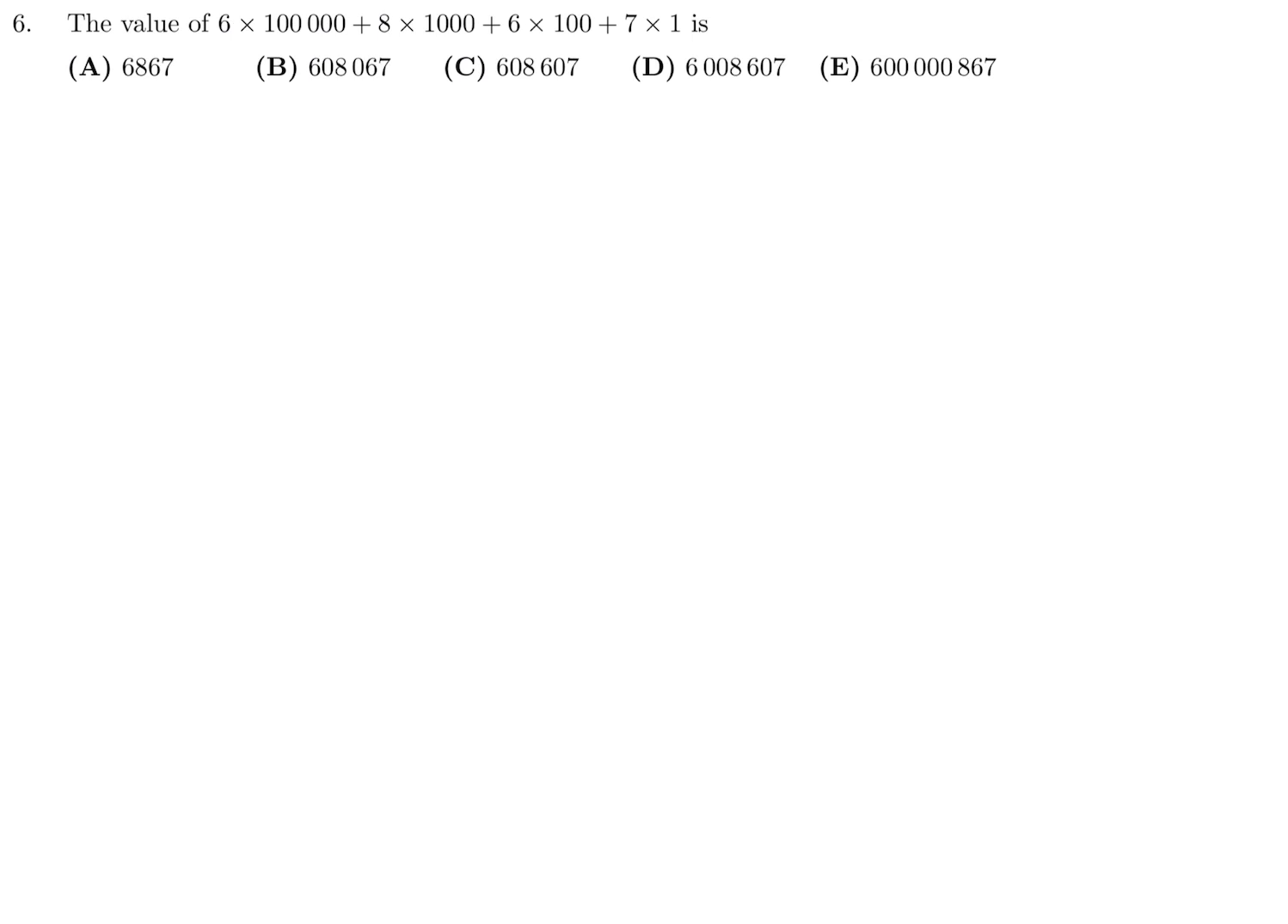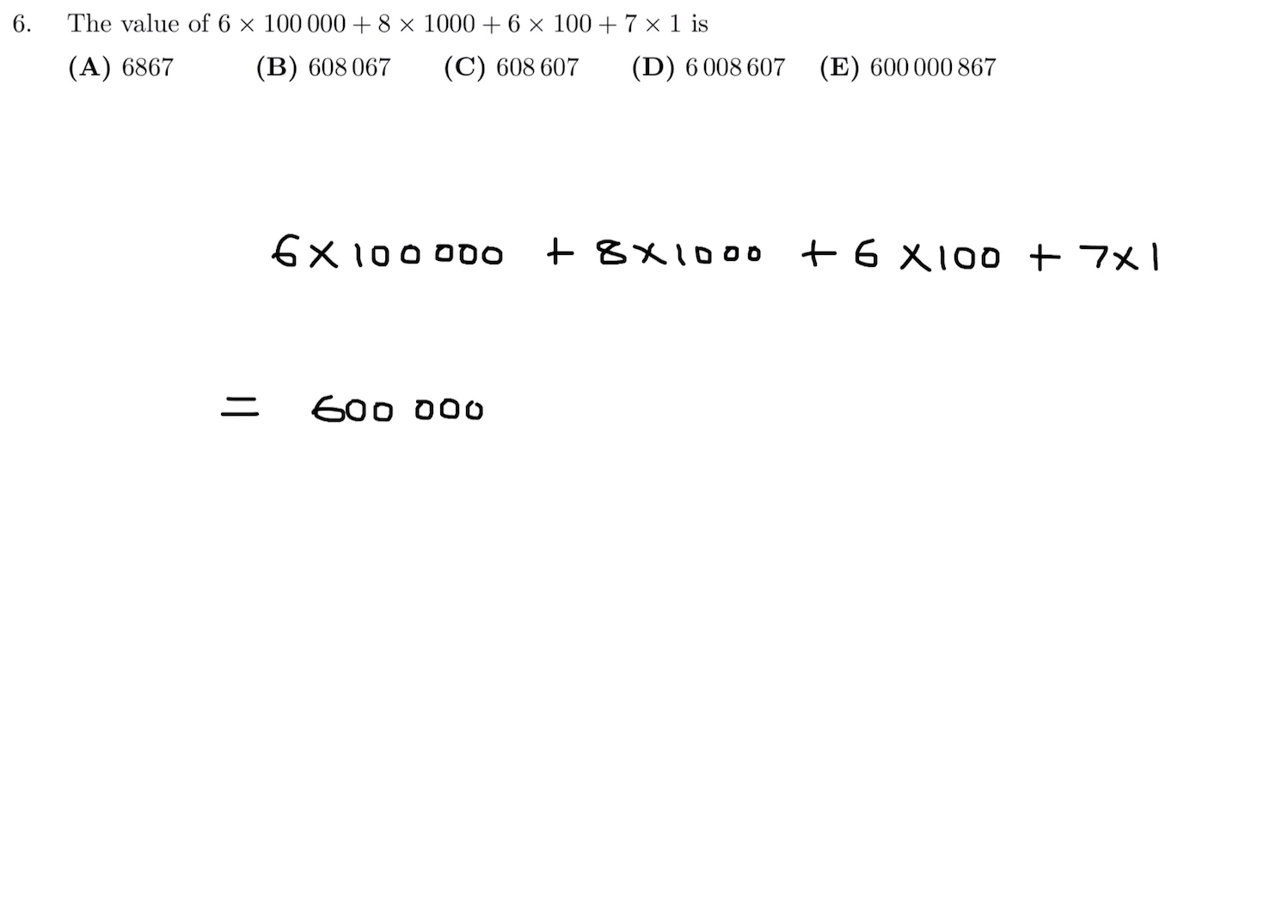The value of 6 times 100,000 plus 8 times 1,000 plus 6 times 100 plus 7 times 1 is. So 6 times 100,000 plus 8 times 1,000 plus 6 times 100 and 7 times 1. So 6 times 100,000 is 600,000. 8 times 1,000 is 8,000. 6 times 100 is 600, and then 7. So add this up, we got 6, 0, 8,